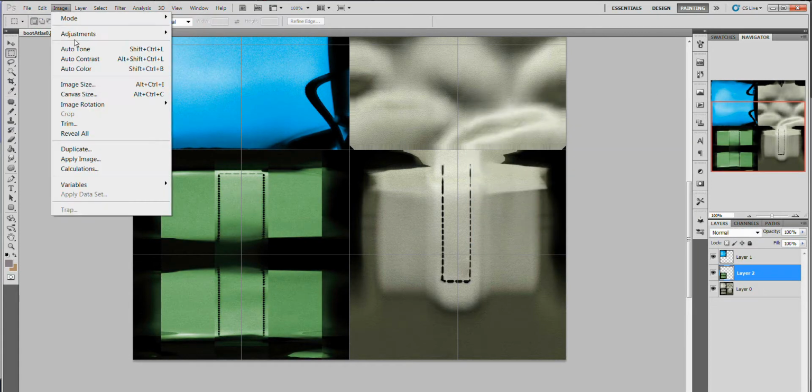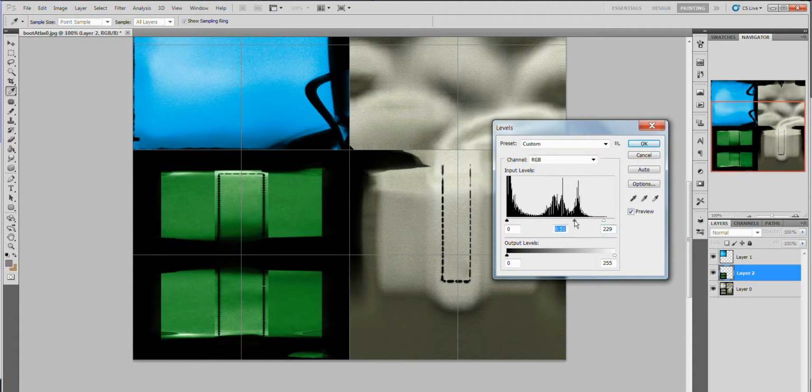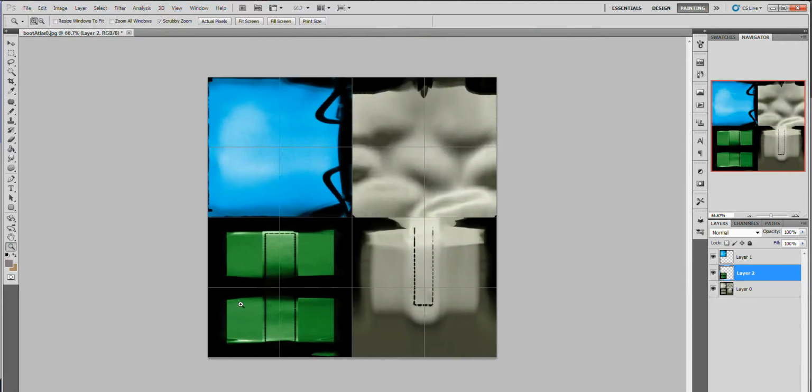I can go here to image adjustment, levels, to change the levels just a bit. Something like this, changing the gamma. This is the gamma here. Okay, now what we have here is this. We changed the texture in no time, and now I will save this